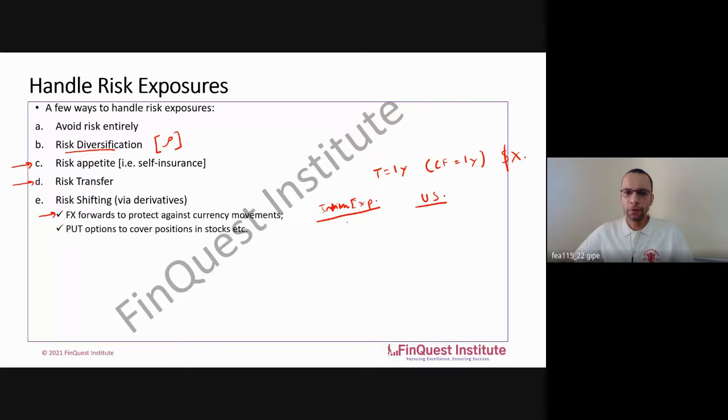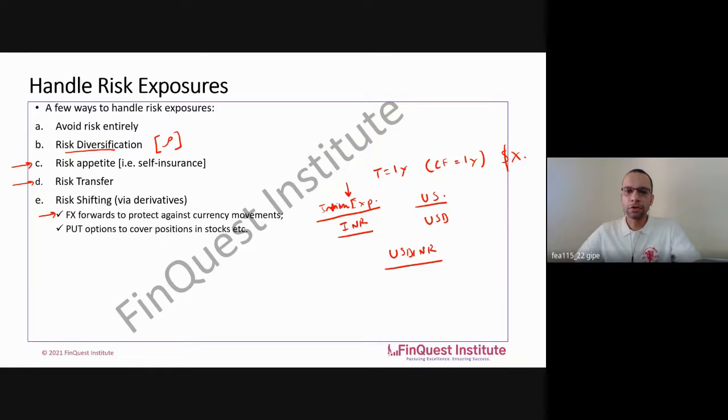So for me, everything has to be denominated in INR because all of my financial statements come in INR, isn't it? Now, my US customer is going to pay me US dollars because that is their local currency. So we agree on a certain project fee which will be paid at the end of the project. But me as a software exporter, I will be concerned about the movements in USD INR rates. That is, any kind of volatility which I observe here is of concern to me because I may lose if the rate moves unfavorably. That is, if it moves against, that is, if the dollar weakens, that can be something which I want to avoid.